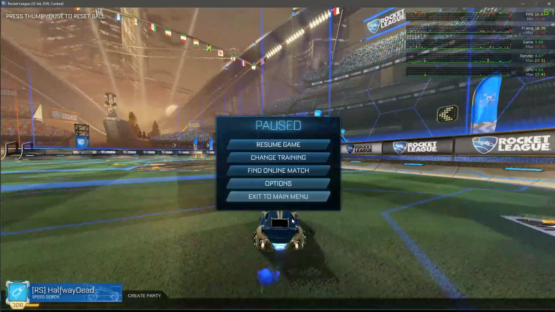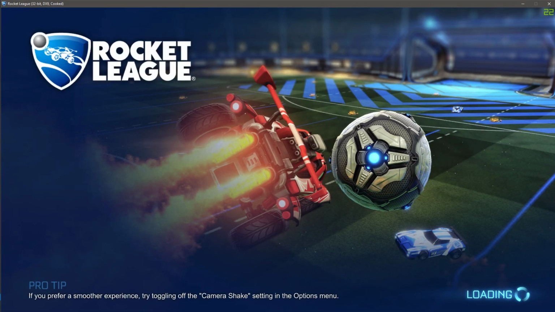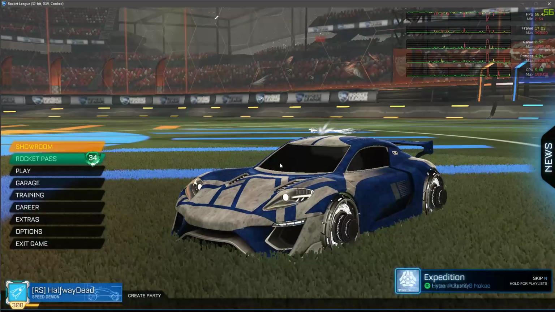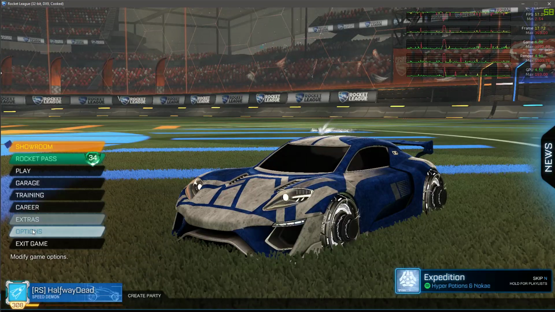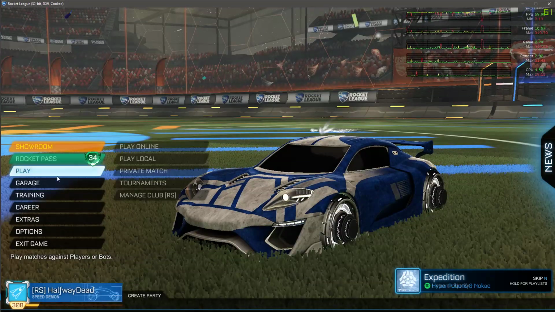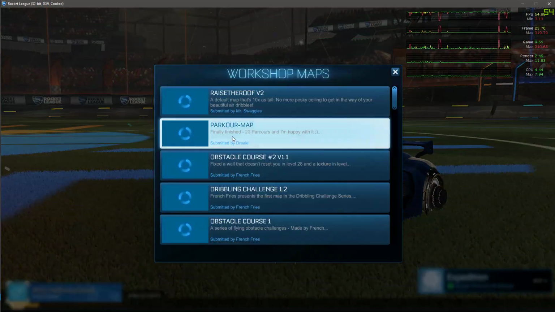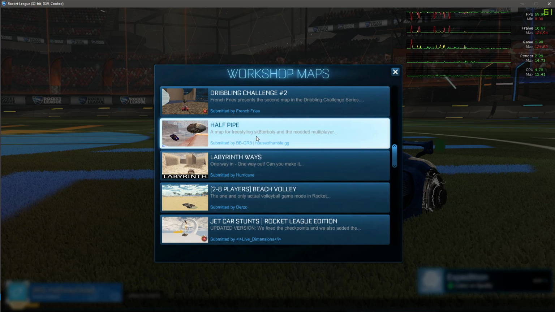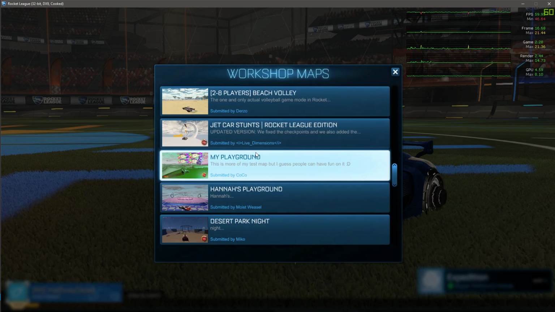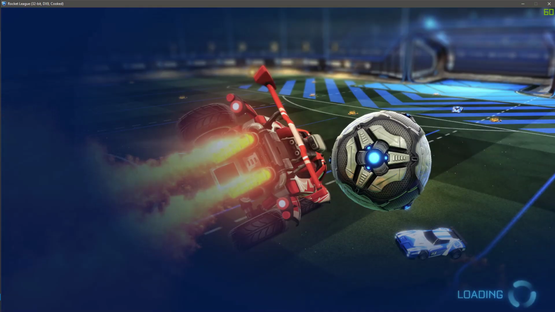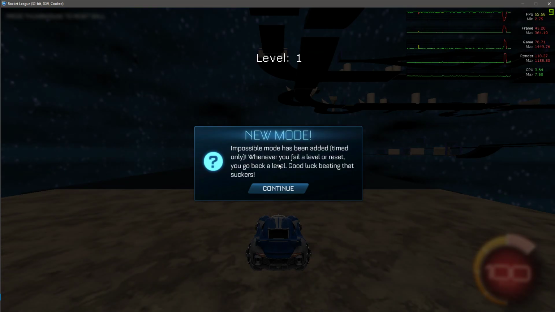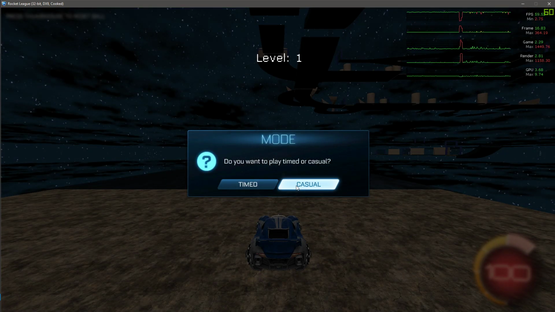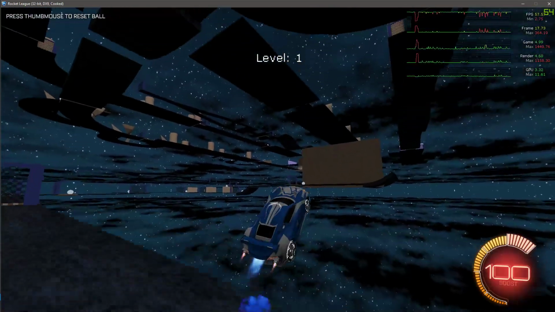Like that. And obviously you don't just have to use this in free play. You could just use this stuff in workshop maps, where you have a lot of space and more room to recover, which is obviously going to make it easier. But if you're just trying to recover in general,